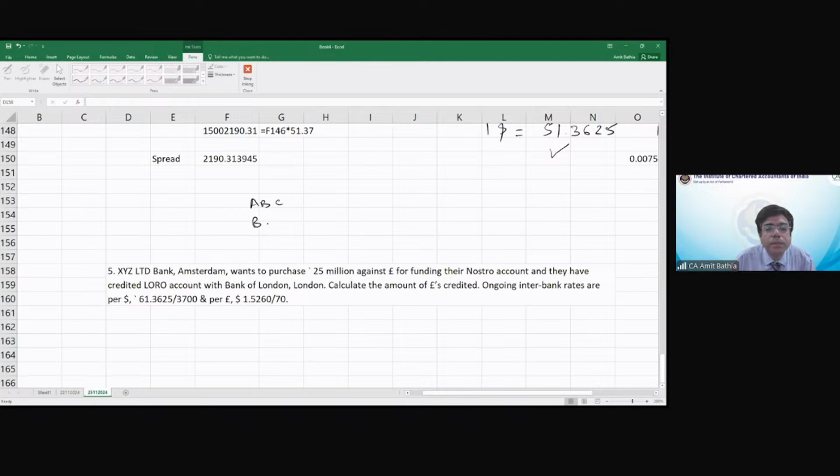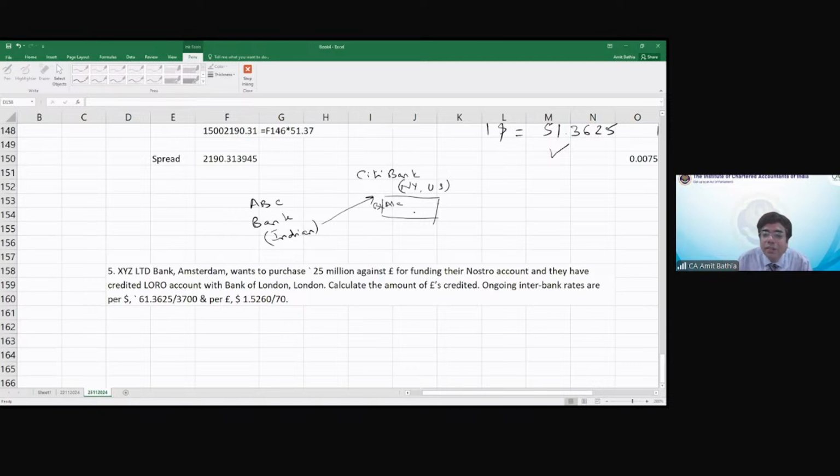Say for example, ABC Bank, this is an Indian bank. Now there is another bank called, let's say, Citibank. This is New York, US, right? Now, for facilitating, the Indian bank basically has opened an account with Citibank over here. So Citibank has an account here with them of ABC Bank. So just like any other customer, ABC Bank has now become the customer of Citibank. They have opened their own bank account over here with Citibank,